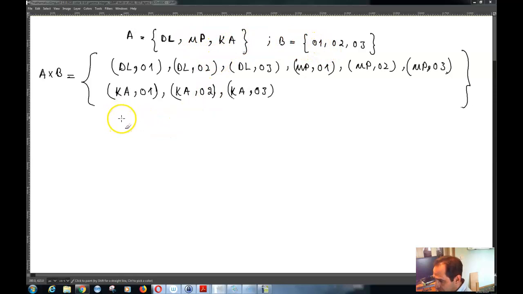The order does indeed matter, meaning that the order matters,